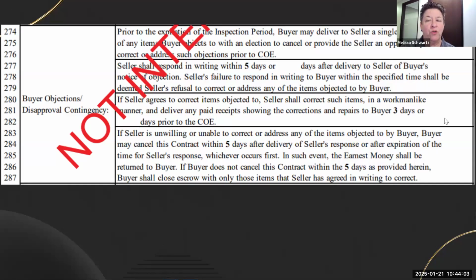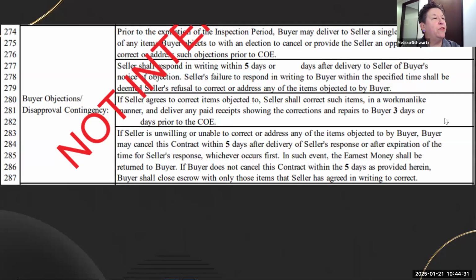If seller agrees to correct items, what number is in there? They have a typo on here, folks. Because it says they have to do them within 3 days prior to close of escrow. The other ones clearly said 5 days prior to close of escrow. Interesting. Seller unwilling or unable to correct or address any of the items, buyer has 5 days to deliver their